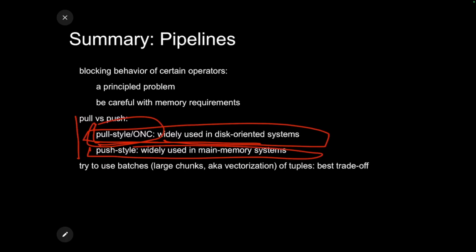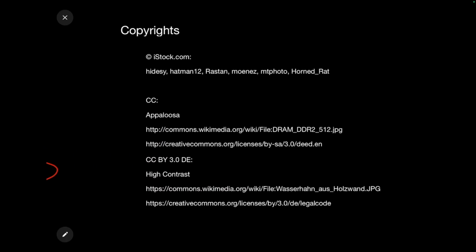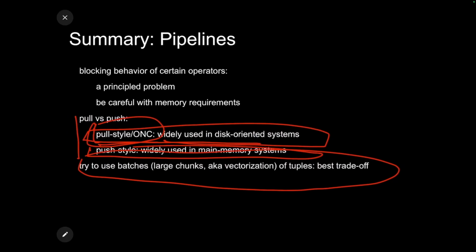In general, you should try to use batches, large chunks, aka vectorization of tuples, because that gives you the best trade-off. So this idea of just passing a single tuple with the next call, that really hurts. That's too expensive these days. Okay, so